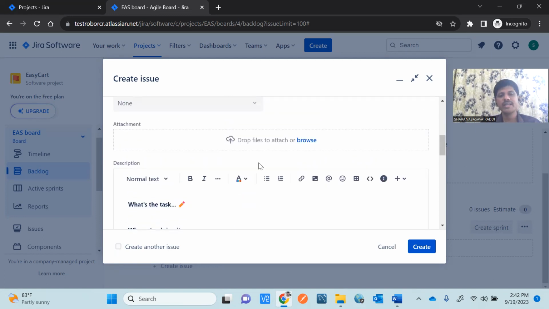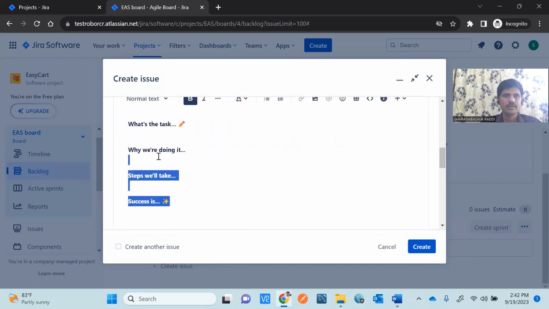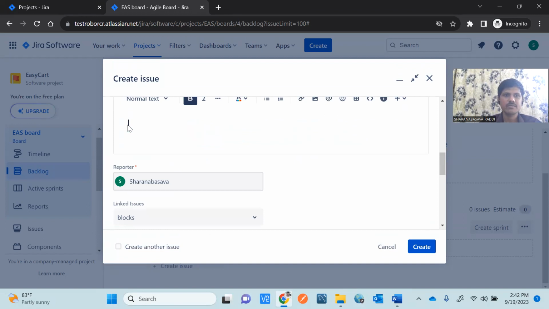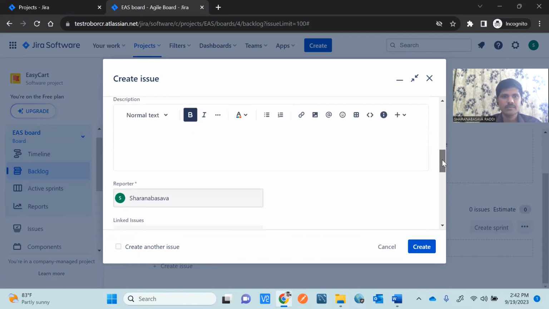Next, if you have any attachments like wireframes or some sort of mockups or any type of images, you can attach here any type of files and all requirement document, whatever it might be. Next, here you should write the description. So what is the description? Here, the same thing. As a user, I can search for an item or product. Here I am mentioning